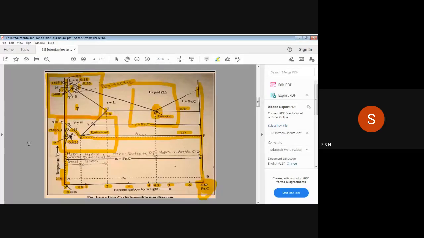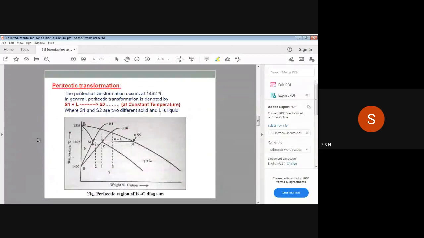First we will see them, and then we will see the different phases occurring at these three reactions, and this will cover all the phases present in this diagram. Okay, so what is a peritectic transformation? We will see one by one, but before that, you just tell me whether you understood whatever